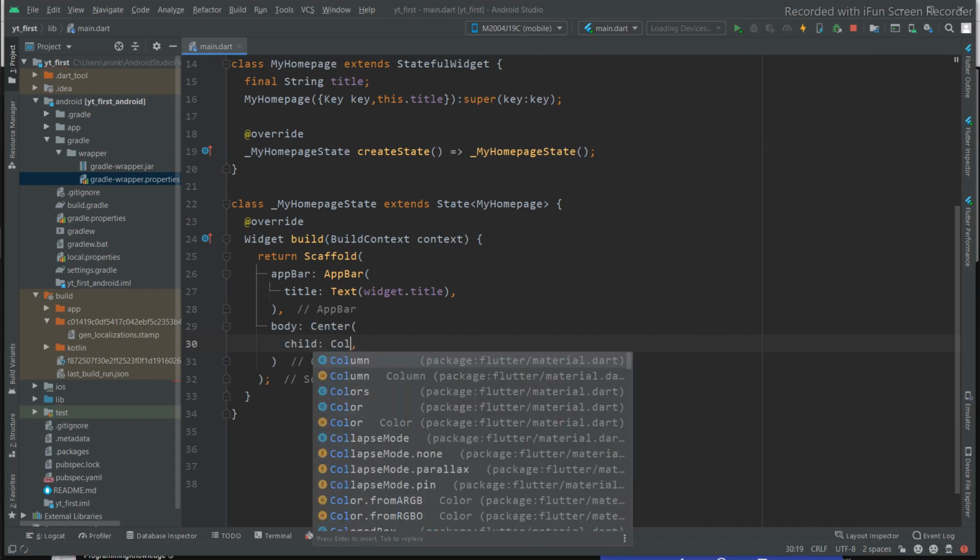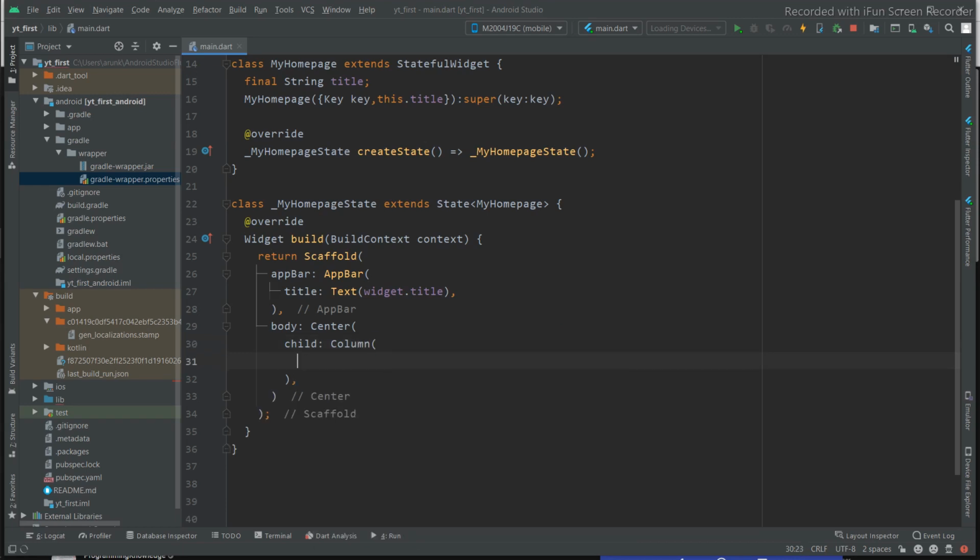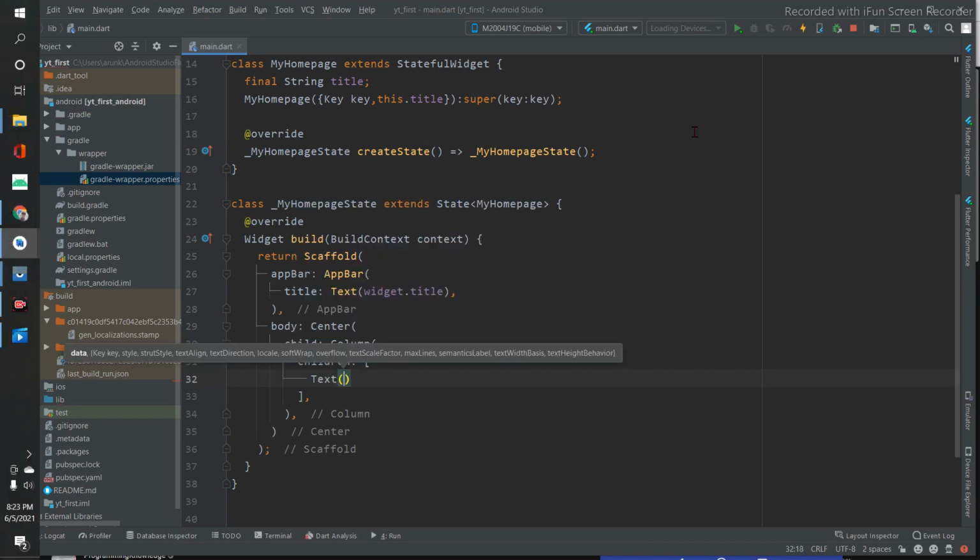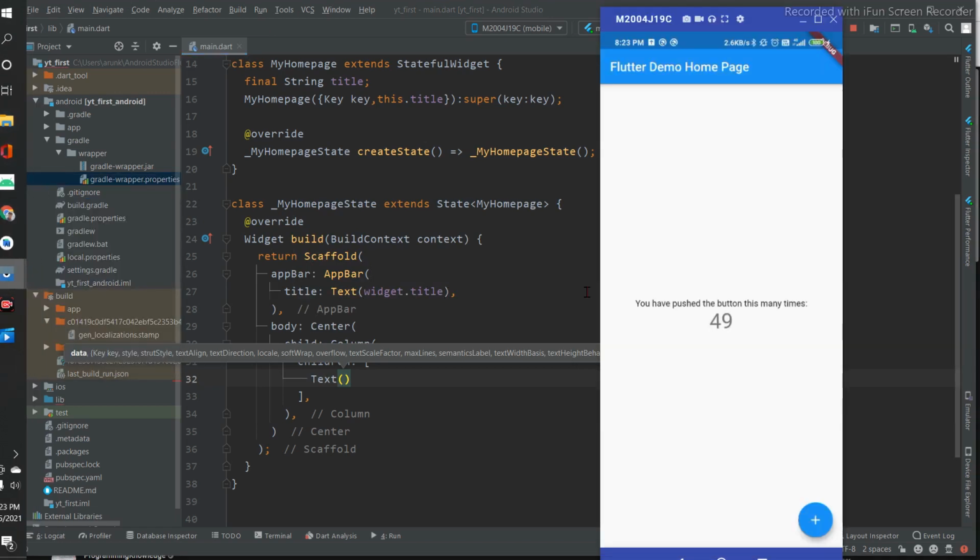So we will take a Column, and we will generate the children. First I will take a Text, because these two are texts.